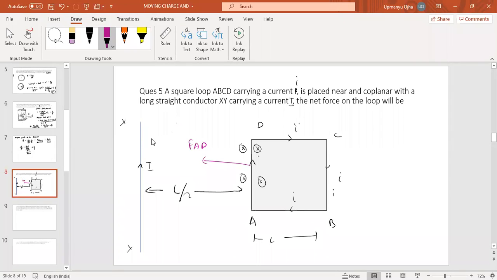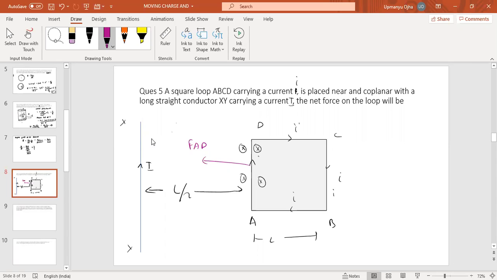You have to place the middle finger in the current direction. The magnetic field is inside the plane, and you will see that the thumb is pointing to the left hand side. The current is on the middle finger, then we have the index finger, that is B. B is acting inside the plane. The thumb shows the direction. The direction is FAD, on the left hand side.